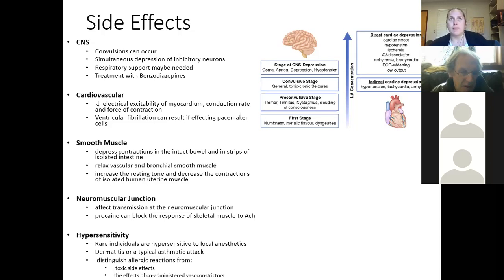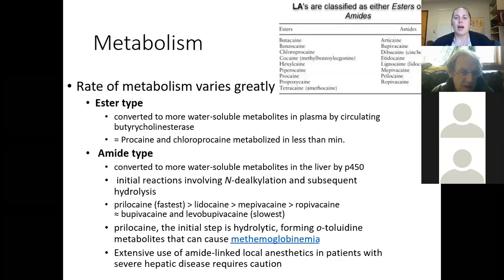So yesterday I think we briefly mentioned the metabolism of the local anesthetics. The table that you see in your upper right-hand corner is again a nice laundry list of the different local anesthetics and where they fall on the esters or amides sides of things. If you go back a few slides, you can actually see the chemical structures. The grouping will be very similar. The list of compounds might be slightly different between these two, but it gives you a good overall sense of the different drugs that fall into the different groups.